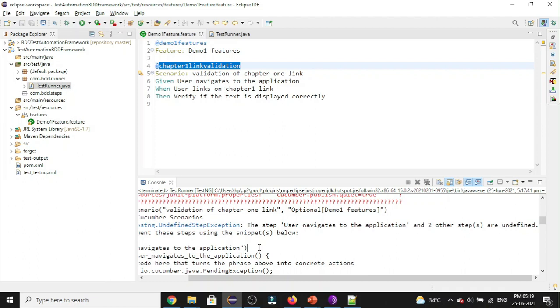First we create the tests and run them and let them fail, and then we are going to add the implementation. In the coming videos, let's see how to implement these steps which we have written in the test scenario.